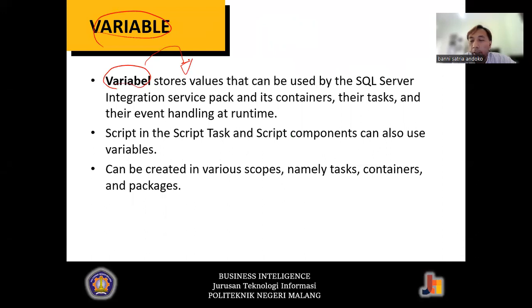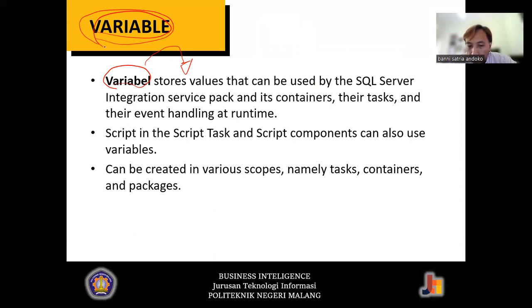Also, a variable can be used to store an error message, a condition, or a value that can be used inside the task, event, and handling at runtime.